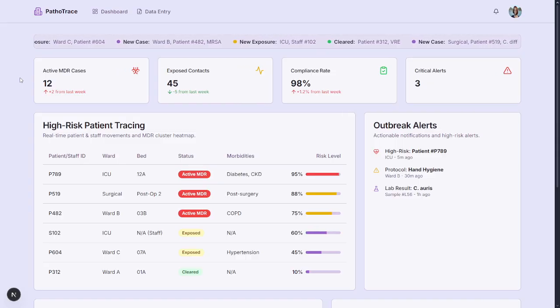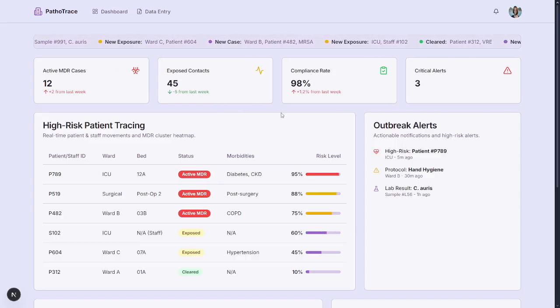Okay, moving on to the last part, that is the dashboard. The dashboard is the backend. This is the ultimate result that everyone will be able to visualize at the same time across all the devices. So this is the real-time cross-device announcement that I was talking about. If you see on top, we have results of the active cases, and below there is also a highlight on how it has improved from the last few weeks or the last week. Similarly, exposed cases says 45, and below it says -5 compared to last week. So we know that there's an improvement.